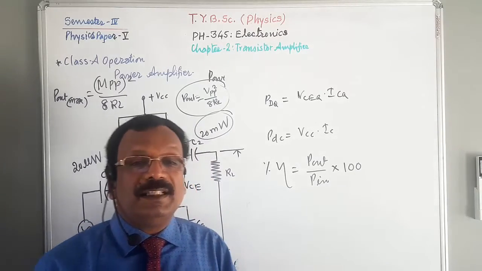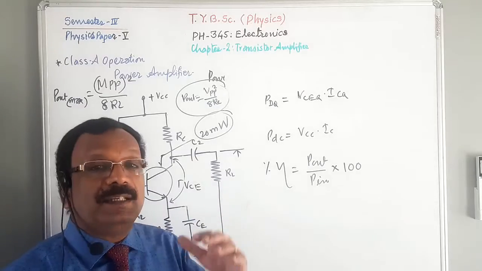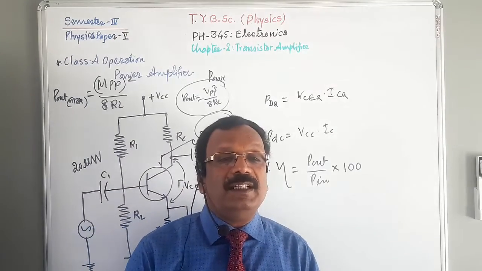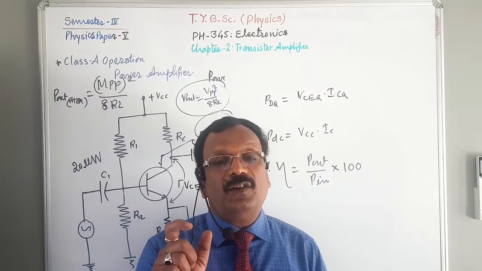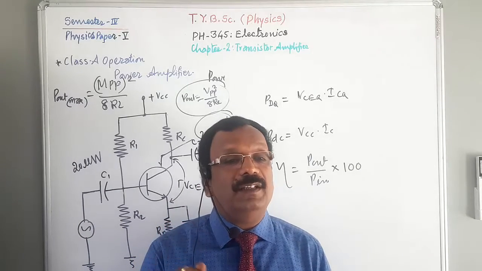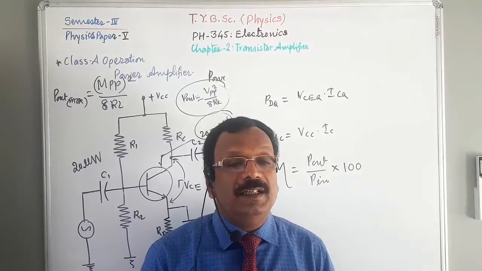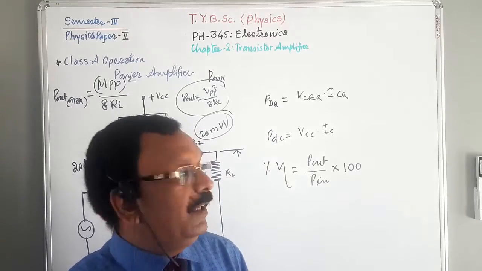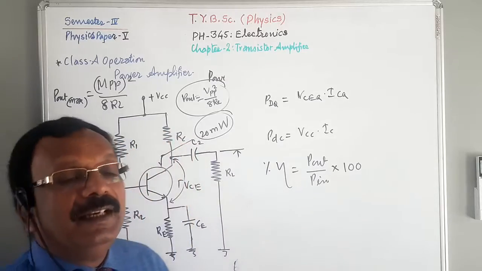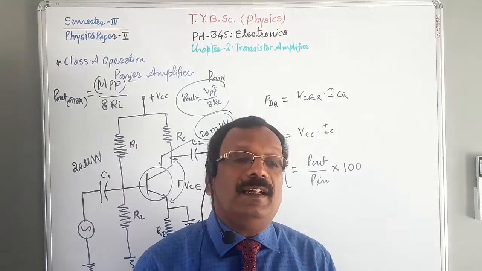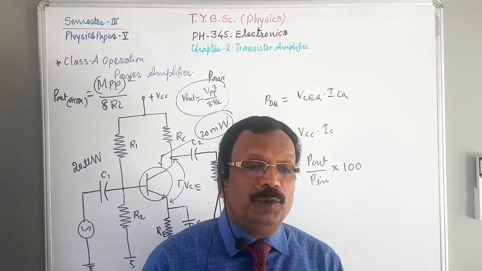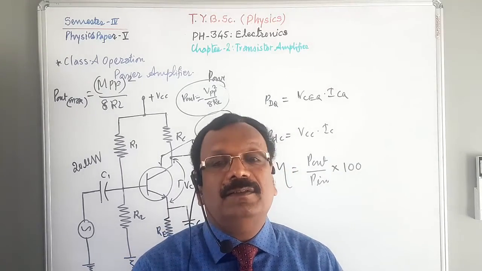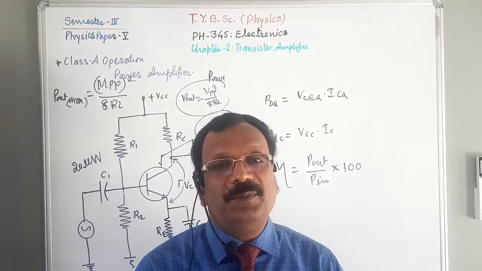In some applications low efficiency is acceptable. For example, the small signal stages near the front of a system usually work fine with low efficiency because the DC input power is small. In this way, we studied the class A amplifier. In the next lecture, we will study class B, then the push-pull circuit and its working. Till then we shall stop here.